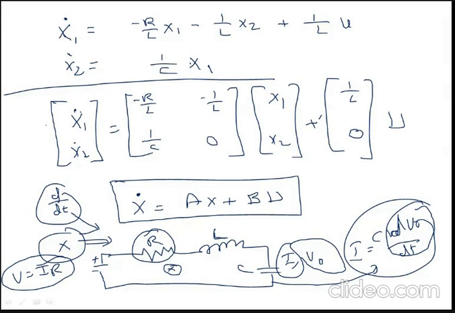Now in this problem, there are two variables which are dynamic. One is I, another one is V naught. For those two things we have written the equations by using KVL or KCL, and then writing those equations in matrix form will give you the state model representation. So it's a two-step procedure. First is